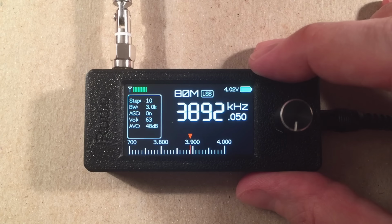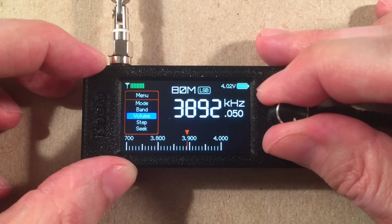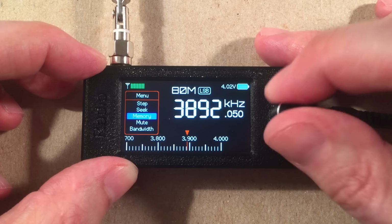See, it's got plenty of room in the car. Okay, that's our single sideband action. Yeah, let's go back to memory again. I mean, there's a couple things in there we didn't go see yet. I'm gonna see if they're available. Let's see. We had